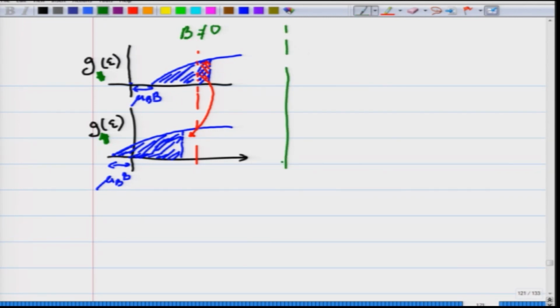So, very soon after this flip has occurred, namely those moments which are aligned opposite to the magnetic field direction will flip and go into a state which is aligned parallel to the field direction. This flipping process is only for those electrons which are near the Fermi level. So, very soon you will enter into a state which is this inner magnetic field. Let me draw that.